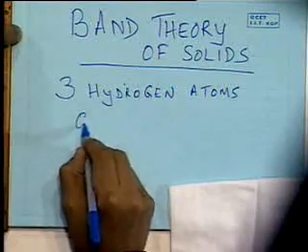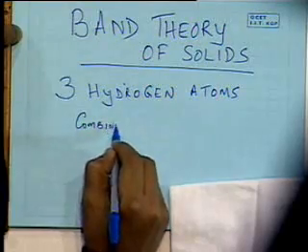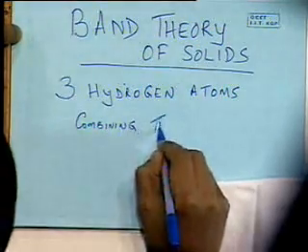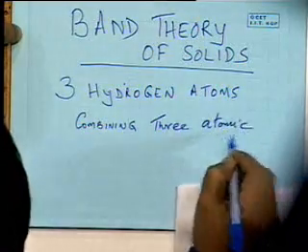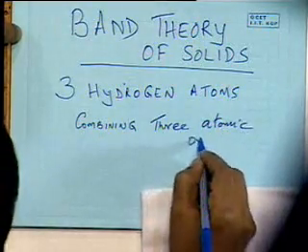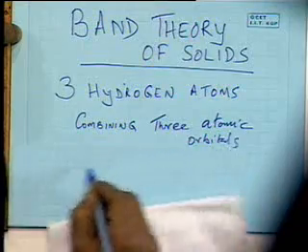I'm still not drawing conclusions about whether they will be stable or not. But all I'm trying to do is see what the overlap of these 3 atoms' atomic orbitals looks like. So we end up combining these 3 atomic orbitals to form molecular orbitals, 3 molecular orbitals, which we will name,